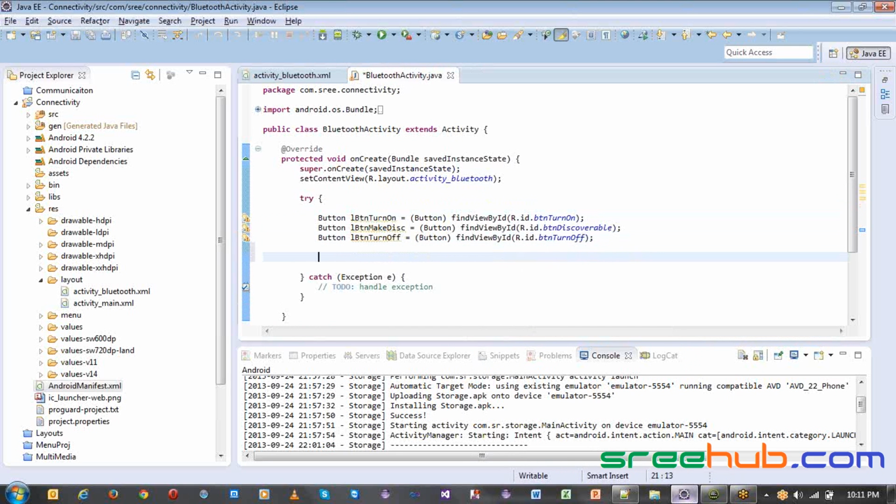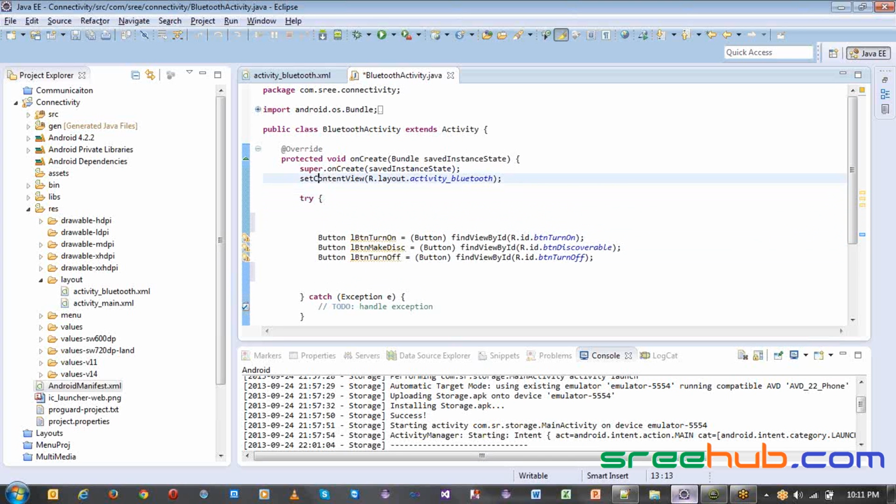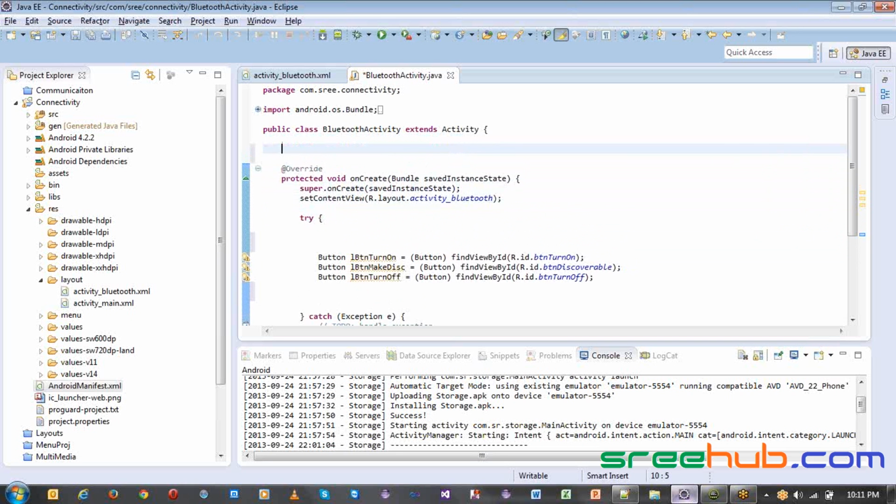And now what we'll be doing here is, first let's turn it on. Even before this, what we'll have to check is whether the Bluetooth is supported or not. That is the first thing which we have to check. Anyways, we'll check here itself. So before this button, what we'll do here is